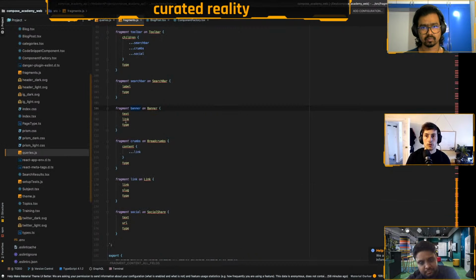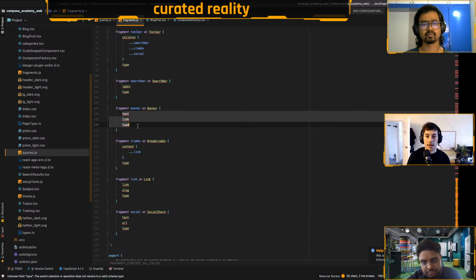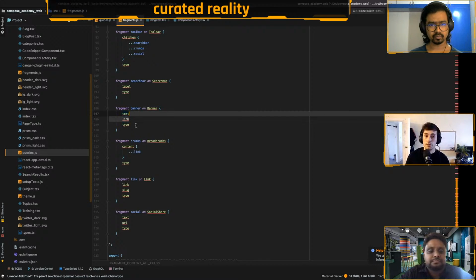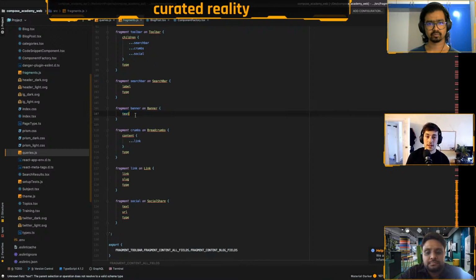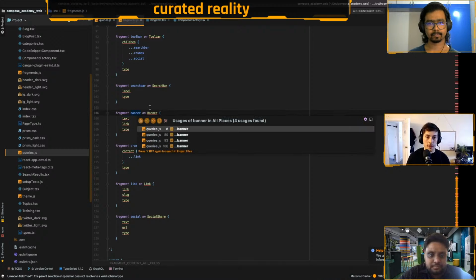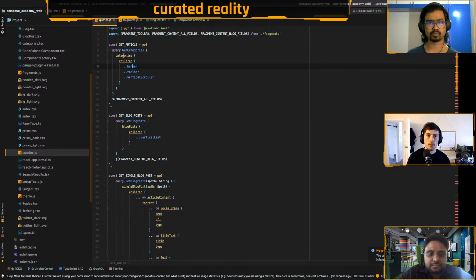All we're doing here is saying, I want to query a banner, and I want the text, the link, and the type. If we didn't want the type or the link, we could just say, I just want the text. We have complete control over that. So when that query is executed, we're going to get back that banner as a strongly typed component, and we can use it in our project.